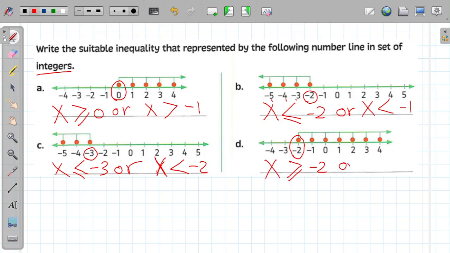Okay, or maybe x will be more than negative 3, because I have all integers that are more than negative 3, but I don't have negative 3 in the solutions of the inequality. Okay, so our two inequalities: x more than or equal negative 2, or x more than negative 3, or greater than negative 3. Okay,